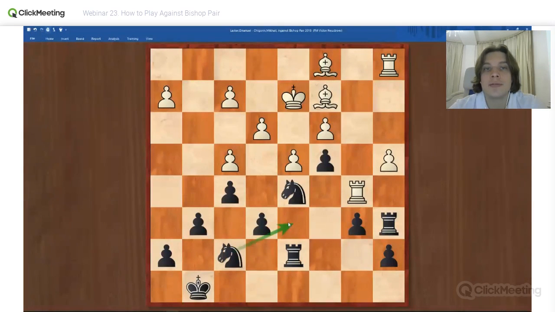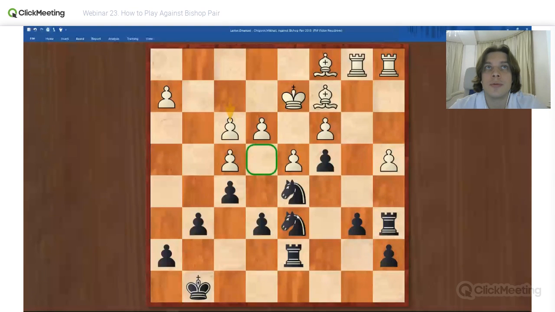Rook a1, knight f7, rook b1 to go back, because then knight d6 is played with a tempo. Knight d6 now. f3, with the idea to support the square, so knight can't go to e4 anymore. Knight goes to f7 back.